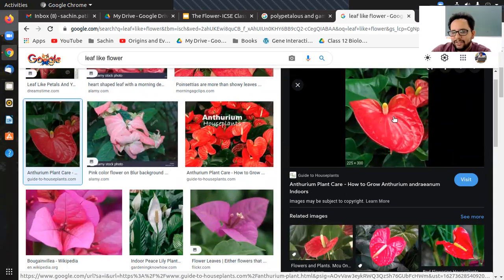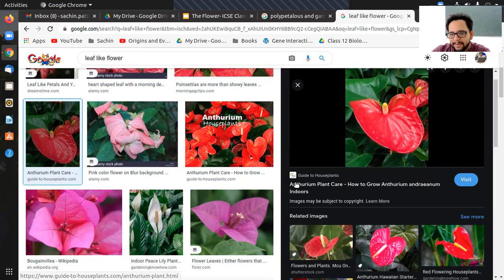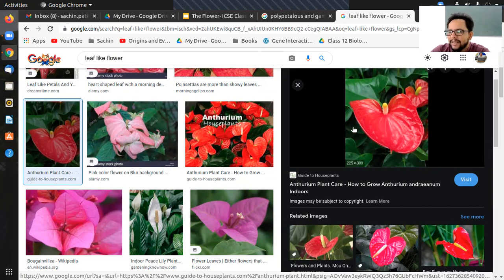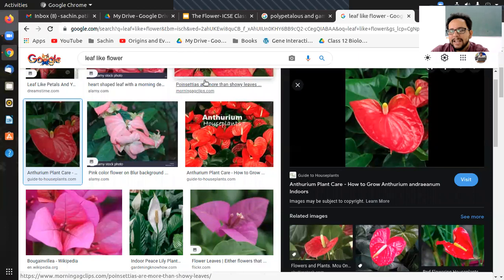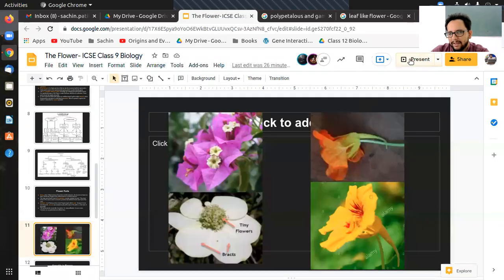Yes, of course bougainvillea is a common example of bracteate, but this is another garden ornamental plant, which is specifically called anthurium. This one is also common. Here it actually looks like a leaf. The bougainvillea one still looks like a flower, but this one is just a leaf with something at the center, which are the reproductive parts. So that is the exact example of the bracteate flower, or flowers with bract.